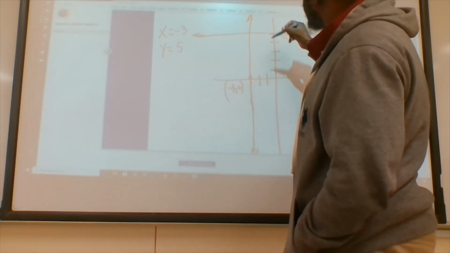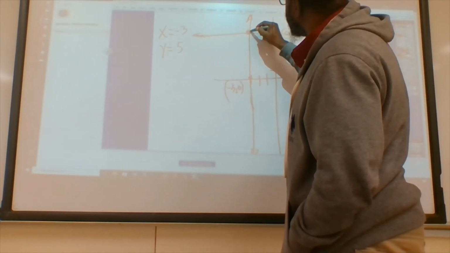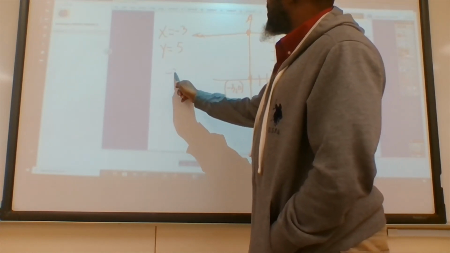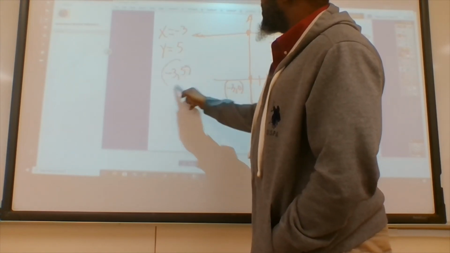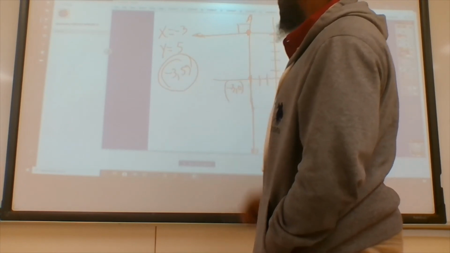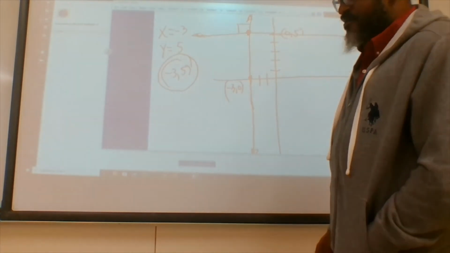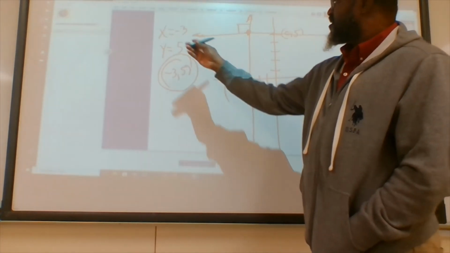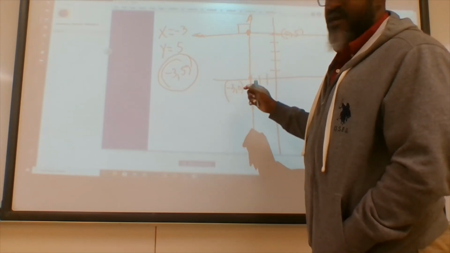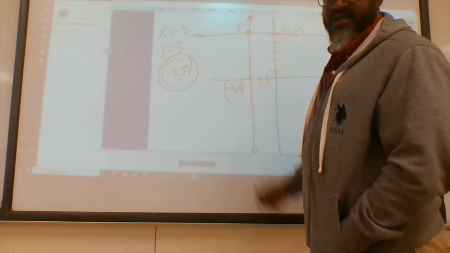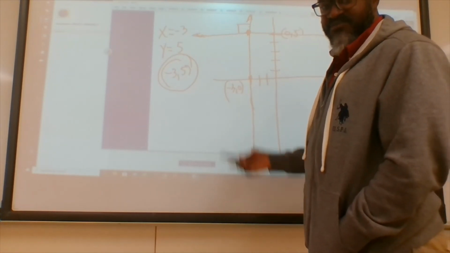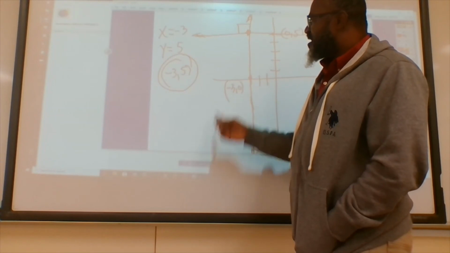So the solution for this is here, where they touch at negative 3, 5. This is your solution. And this will form a 90-degree angle since they are perpendicular. So be aware of that. If it's horizontal, it's parallel to the x-axis and its slope is 0. If it's vertical, it's parallel to the y-axis, and the slope will be undefined. So this is a special case. Be aware of that. Many students have problems graphing